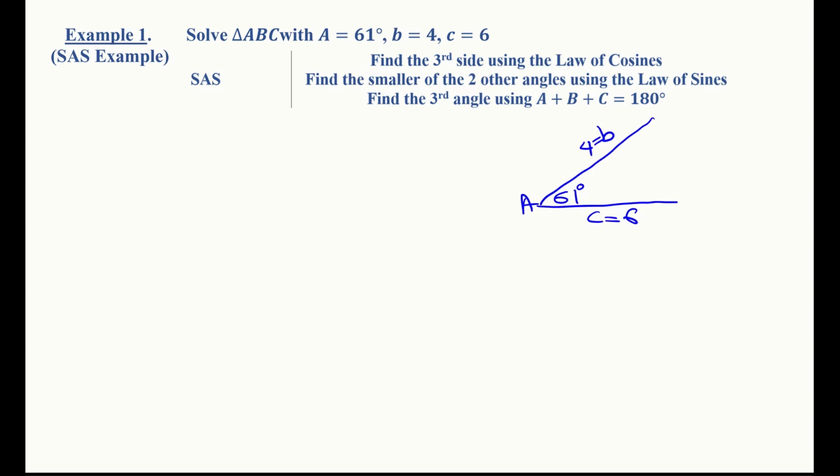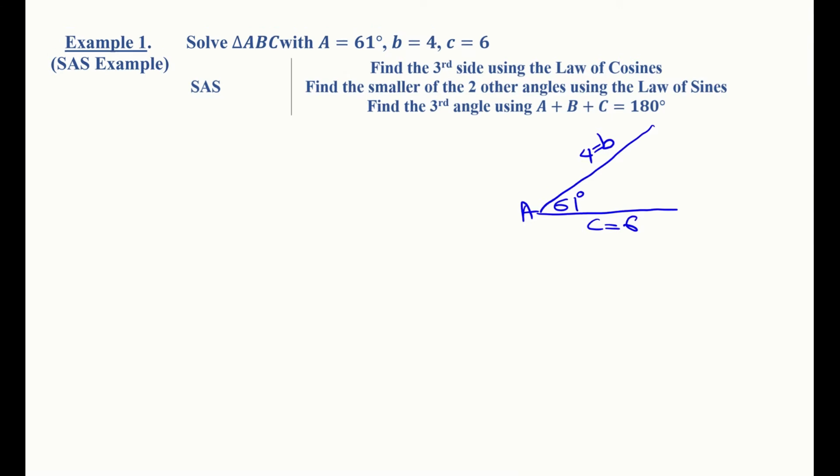Of course, we'll make this somewhat longer so that it's at least partially to scale. All right. So our triangle should look something like that, and we know that this is going to be B,